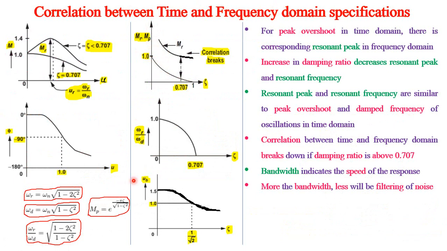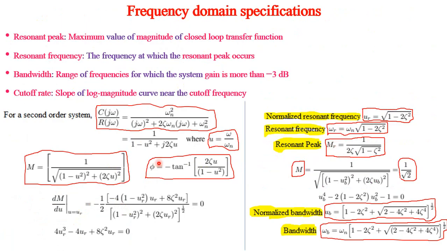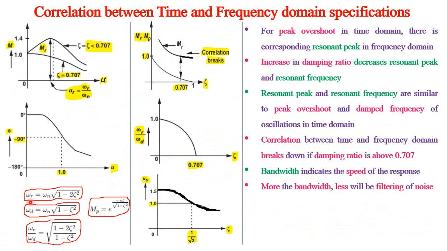Right. Coming to the omega R and omega D. Omega R relation we have already derived in the previous slide, this one. The same thing has been taken and put here. Omega D we have already derived in the time domain specifications. So if we divide one by the other, it is square root of 1 minus 2 zeta square by 1 minus zeta square. So if we plot this with respect to zeta, it will be like this. So it will be like a quarter of a circle. So this is actually a quarter of a circle. So it is a sector. So 25% portion of a circle.